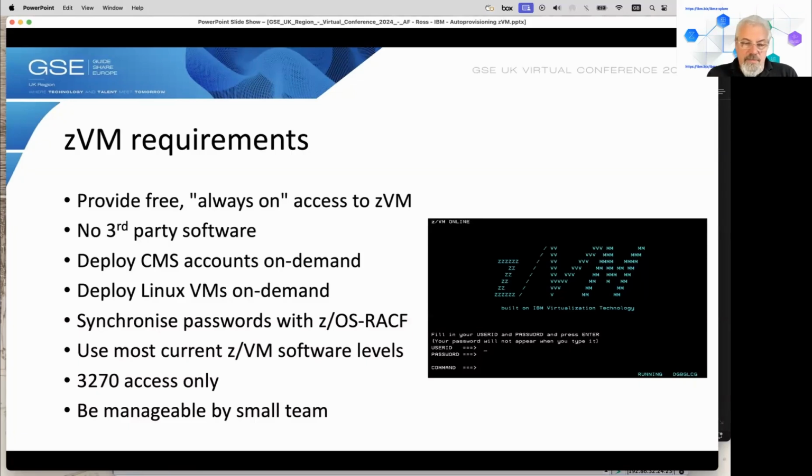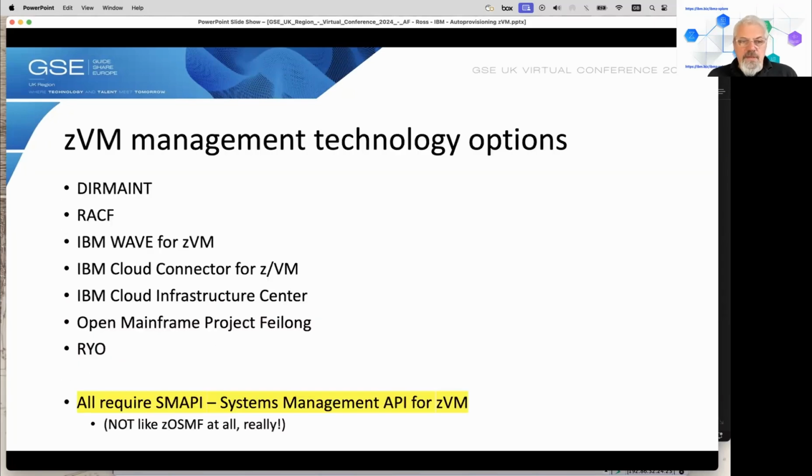zVM, unfortunately, most of what it needs is still 3270 based. It doesn't have the equivalent of something like ZOSMF to be able to dig into the mini disks and so on. So what we were looking for was a way to get around that. And we have to make it so that it's essentially self-managing, because there's only a small team of us that can look after it. So we looked at some of the